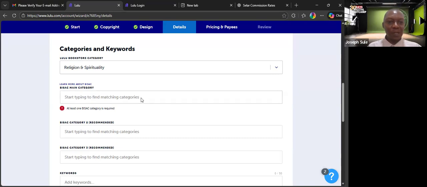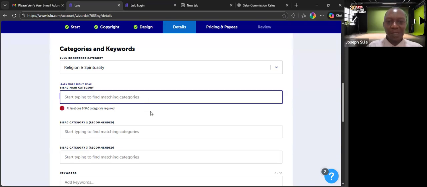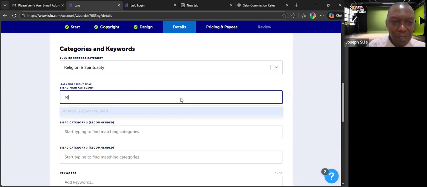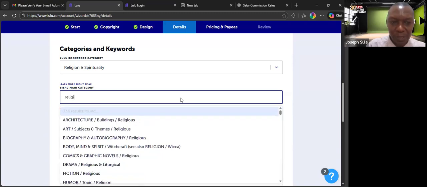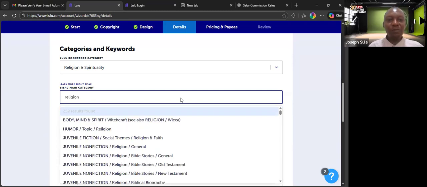Next thing is BISAC category. The BISAC is still a categorization. And Lulu will say select at least one. So let me type religion and see what I will get. So BISAC is like a subcategory. Okay. The other category up there is the main category. BISAC is like subcategory. And then because I typed religion, because the book has to do with religion, it is